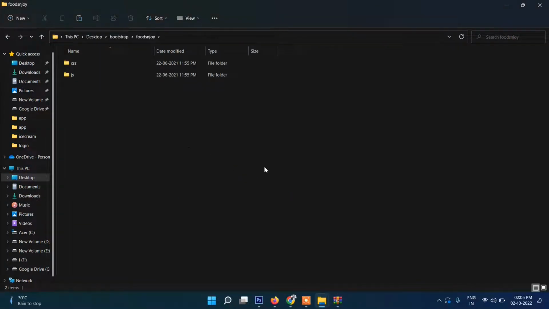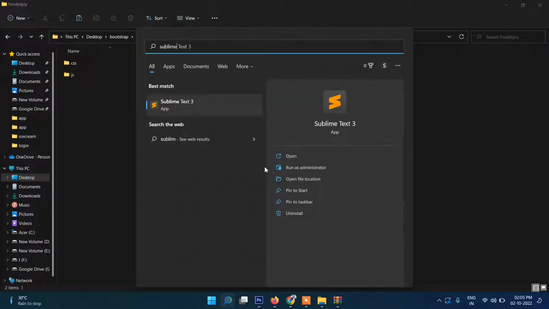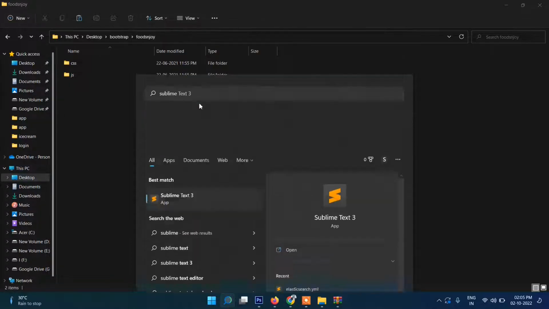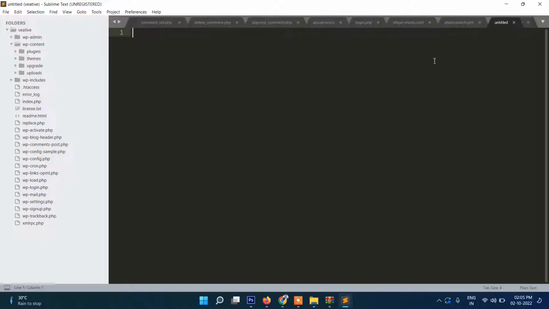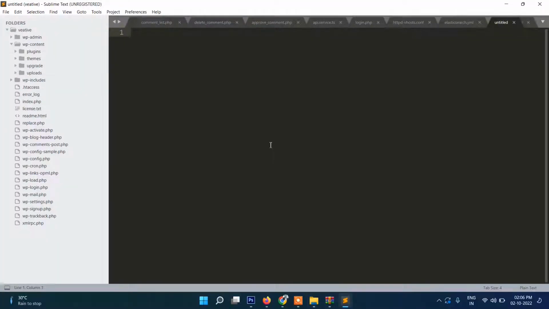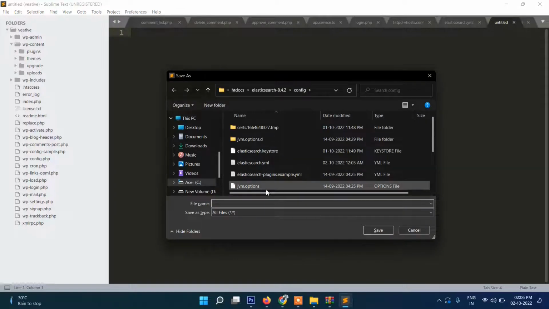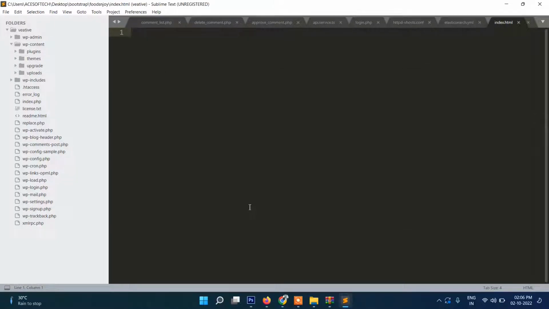Right, now let's open Sublime Text, or you can use any editor you like. In my case, I'll be using this Sublime Text. So right, now here let's save it as index.php into this folder. Index.html, not php, index.html, and here